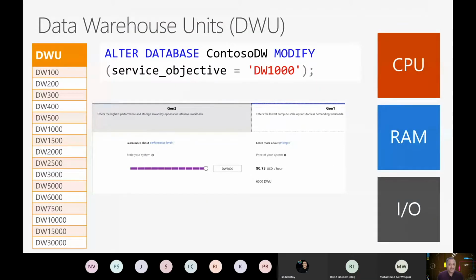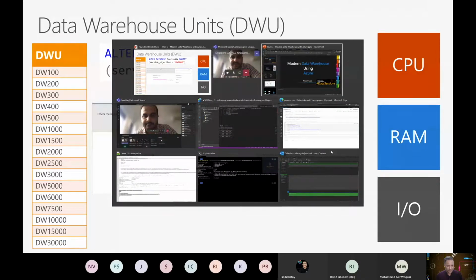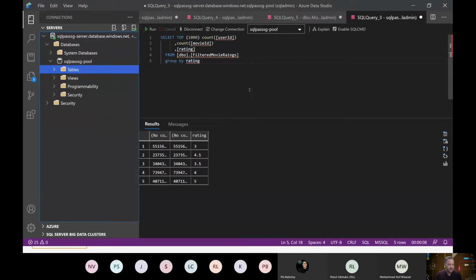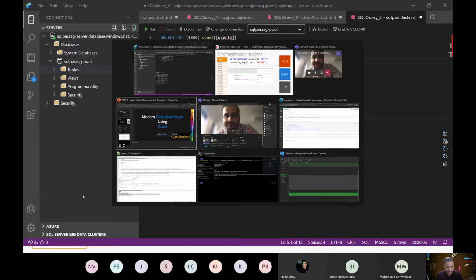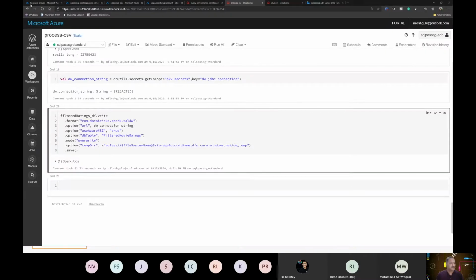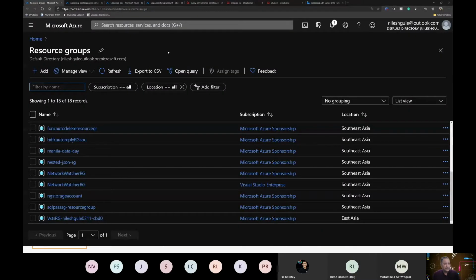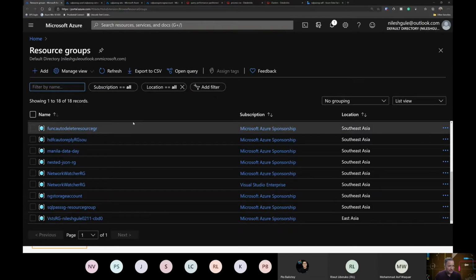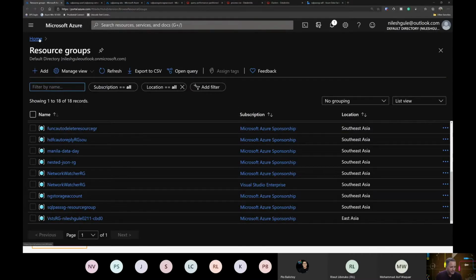So before I go into the warehouse unit, let's go into the portal and see how we provision the SQL data warehouse or the Azure Synapse. So I've logged into the Azure portal, and let me go into the resource group.